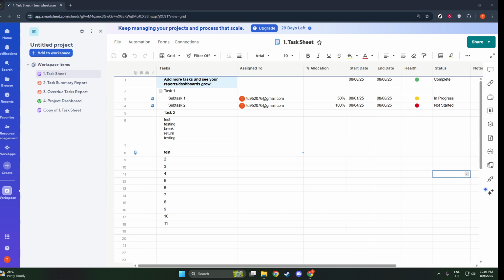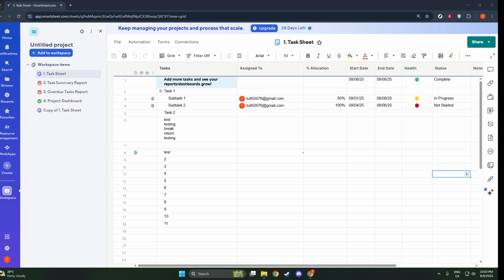When you're working in Smartsheet, you'll often find yourself wanting to adjust your view for better clarity and focus. Perhaps you need to zoom out to see your entire project timeline at a glance, or maybe you need to zoom in for a closer look at specific details. Fortunately, Smartsheet offers a simple way to zoom out using keyboard shortcuts, whether you're using a Windows computer or a